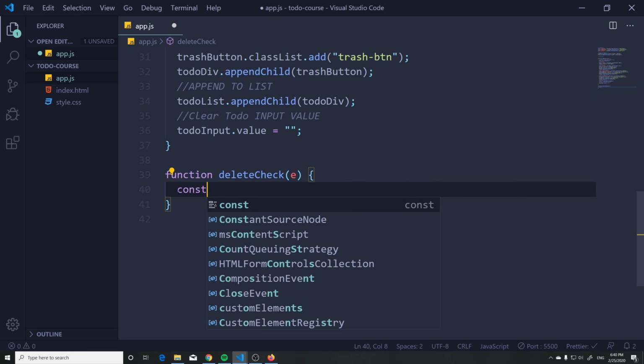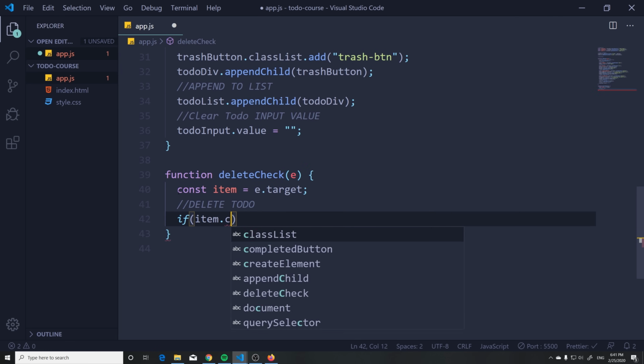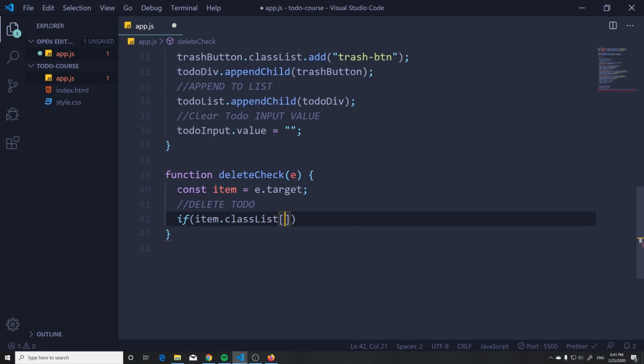First of all, let's just grab the item, whatever we're clicking on. I'm just gonna name it item e.target. All right, this can be anything. Okay, so let's delete the to-do. For this one, I'm just gonna say if item.classList, and I'm gonna check 0 here, so the first class. If that triple equals to trash button, then I know that we clicked on the trash button, so I want to delete the thing. So what I want to do here, well, we're going to have a problem because if I just do,